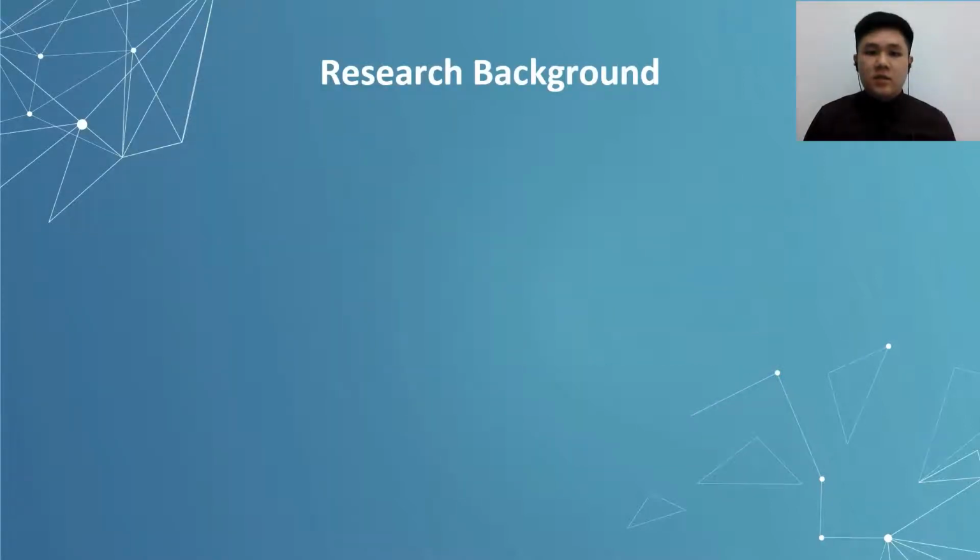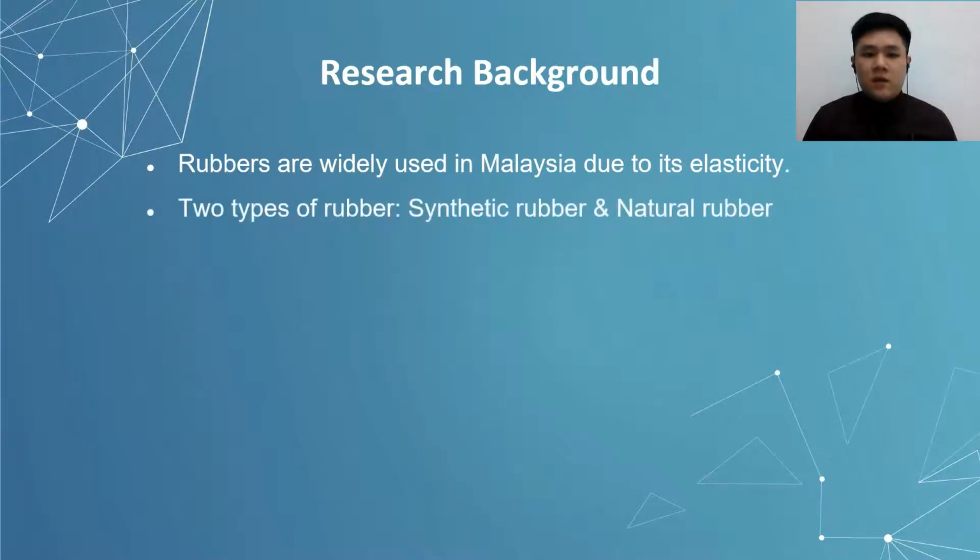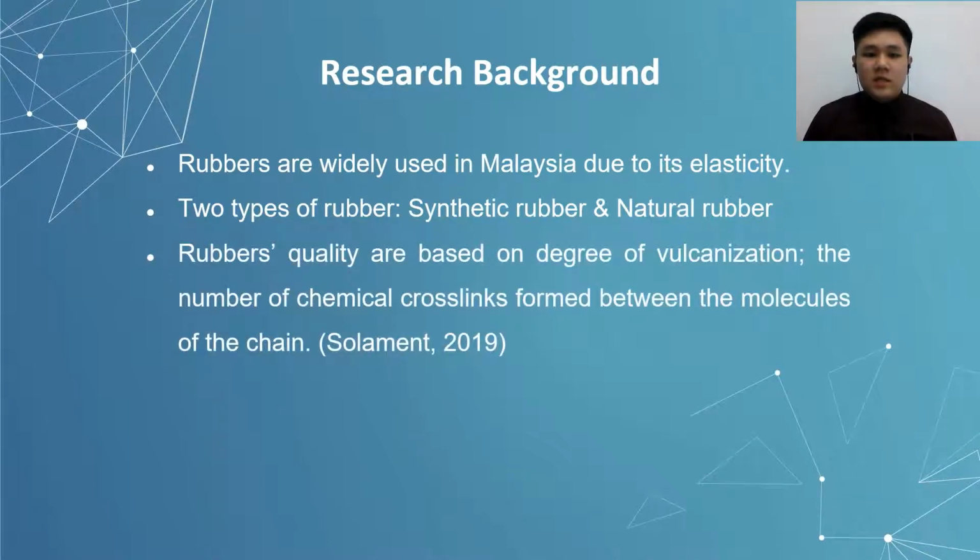The first part is research background. Rubber is one of the most commonly used materials in Malaysia due to its properties. One of the rubber's properties is elasticity. There are two types of rubber, which are synthetic rubber and natural rubber. Rubber's quality is based on degree of vulcanization, which is the number of chemical cross-links formed between the molecules of